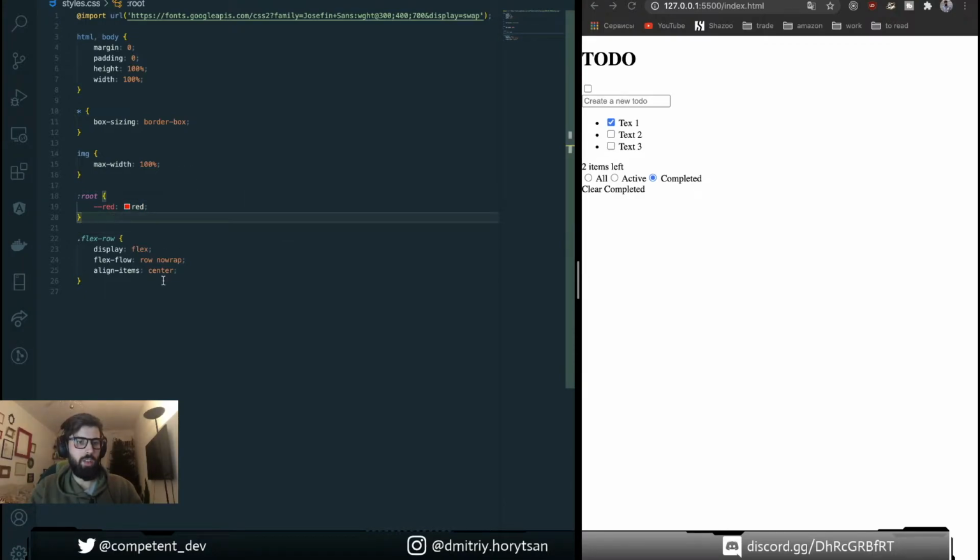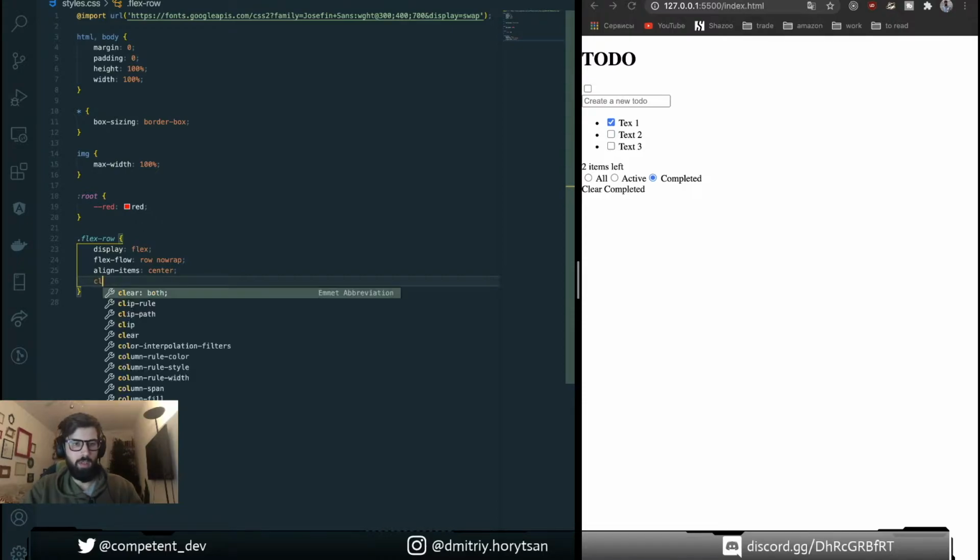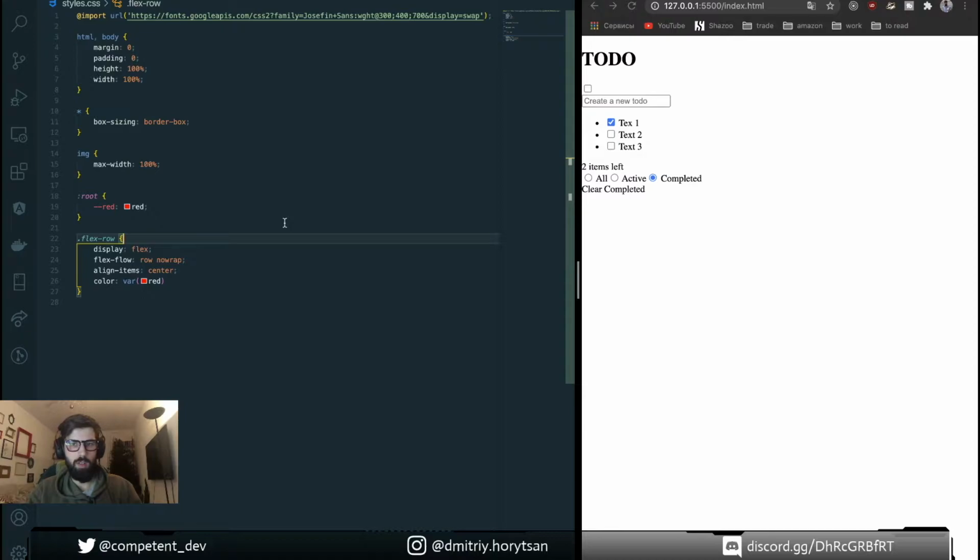And to use it, you need to define your property where you're gonna use it, for example color, and then you put var and red. As you can see, all our flex row right now has color red.